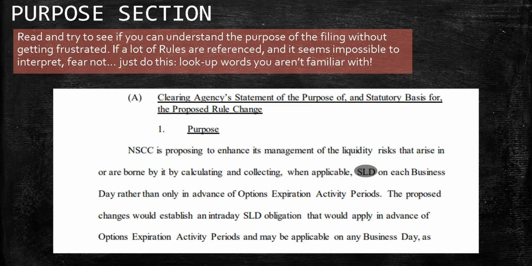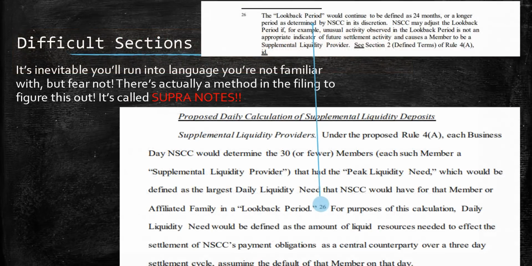And oftentimes you'll find a little tiny number after a definition, like a 26 or a 25, depending on where you are in the filing. All that is, is called a super note. Whenever you see this number, you're going to want to scroll and look towards the bottom of the page, and you're going to see numbered little notes. This is just letting you know that this 26 corresponds with super note 26, which will explain to you what the look back period is. So it'll save you some time in researching. You're going to be bouncing around within the filing itself, between super notes and definitions, things like that. So just keep that in mind.